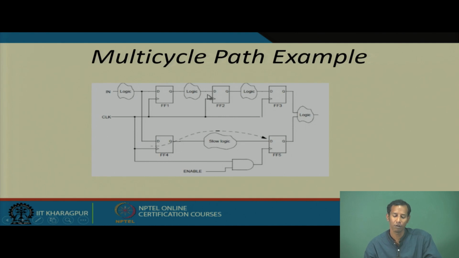So, then what is the example of multi-cycle path? Multi-cycle path is that, suppose we are having some logic something like this: logic, then flip flop, logic, then flip flop, logic, then flip flop. Then again here in this we are having some slow logic. Slow logic means, let us consider these are connected with full adders. Inside of these two flip flops we are having one multiplier cell or multiplier logic.